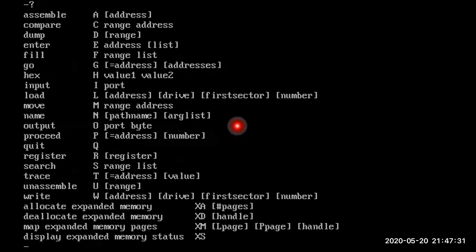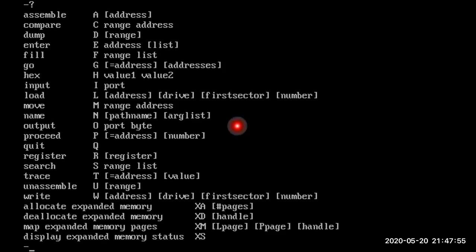Suppose you want to see all the registers with their initial values, that is the register power-on reset values. You can press R. Trace means if you want to see the program execution step by step, you can use the trace button. T is for trace.